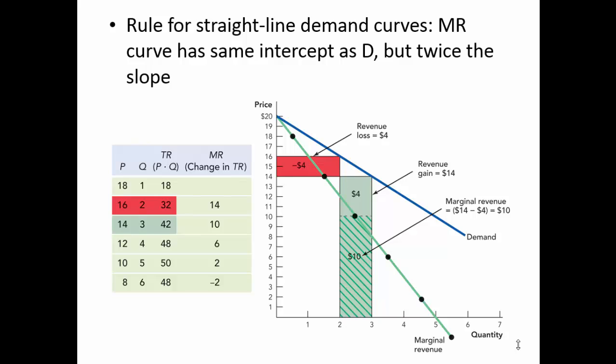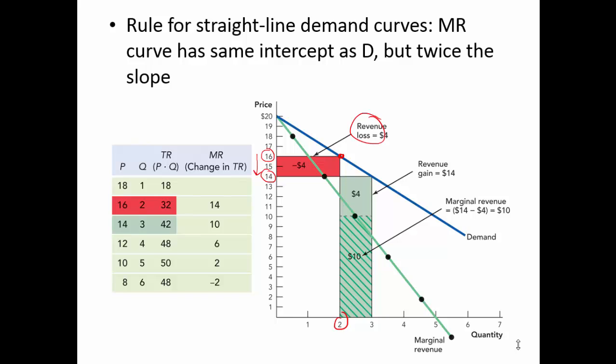Here's a numerical example with a demand curve, and we actually have a function here. We have a listing of various prices and various quantities that will be sold, and then we calculate total revenue and marginal revenue on the basis of that. Okay, so we'll think about what happens to revenue as this firm cuts price from 16 to 14. At a price of 16, they were selling 2 units, right here. And when they cut price to 14, they're going to lose those $2 per unit on these 2 units. So they're going to lose 4.